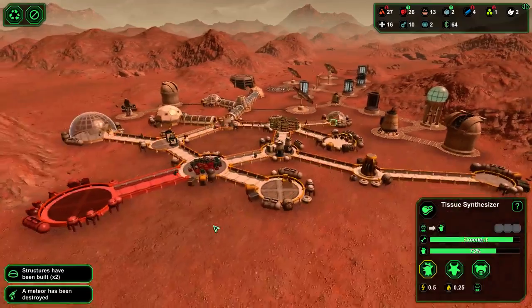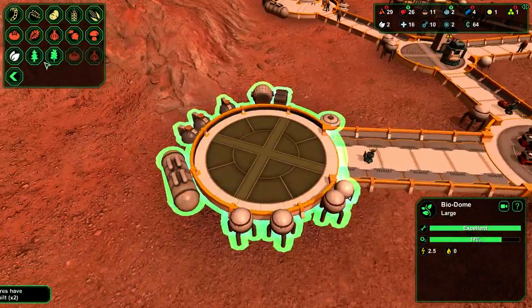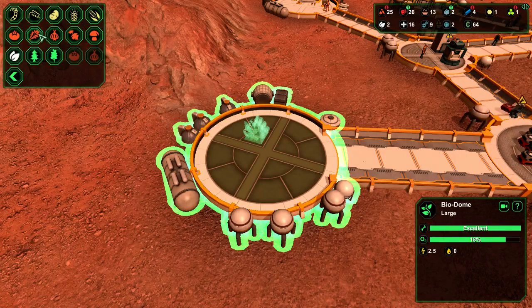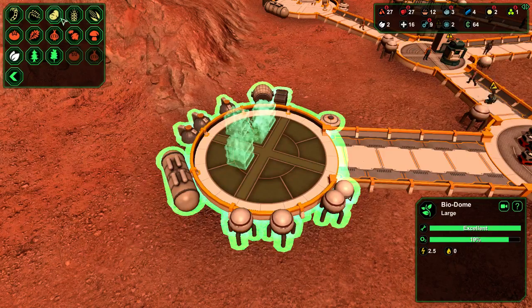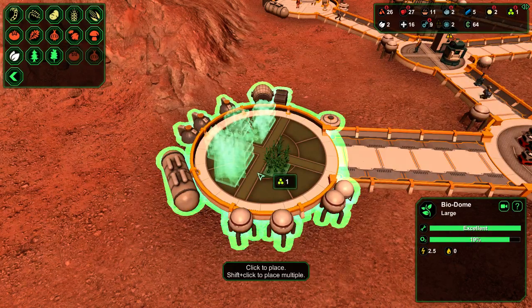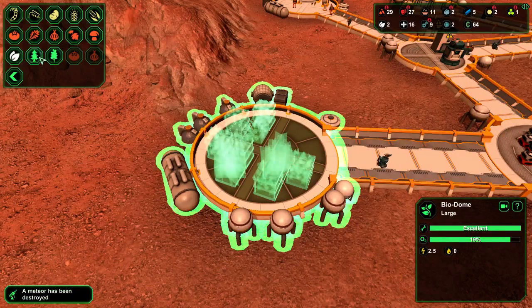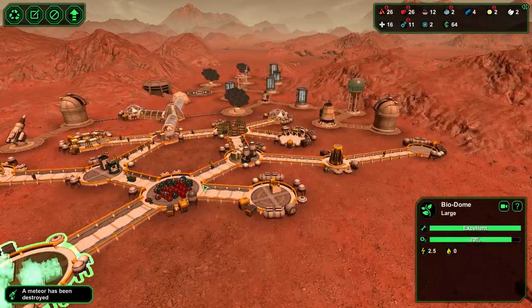So, excellent. We got our biodome up. Let's go ahead and pop some plants down in here. We'll do some tomatoes and some lettuce. And maybe mushrooms. 2 highs and a low. We'll do some rice. We'll do some potatoes. We'll do some wheat. Some corn. A couple med plants. This is probably really dumb of me to do all this in one shot, especially because we're out of bioplastics. But,